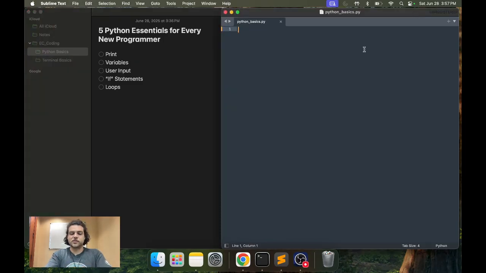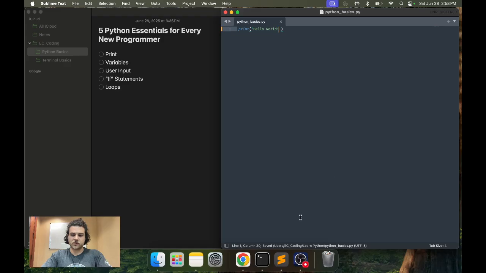All right, print statements. Print statements is one of the most basic things in Python. You use it to output things that your program is doing, so that you can see what your program is doing when you're running your program. Okay. So the most basic way to do this, write the word print, some parentheses, quotations, and then type something,